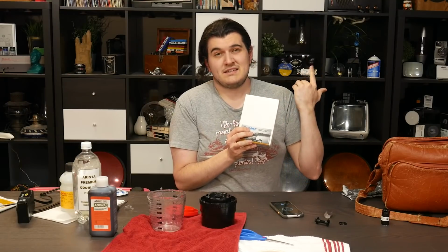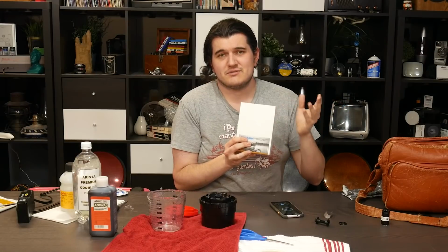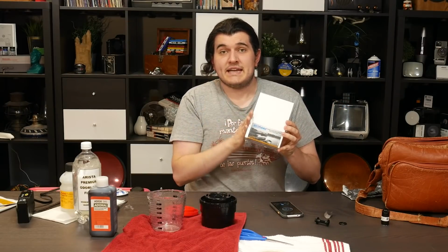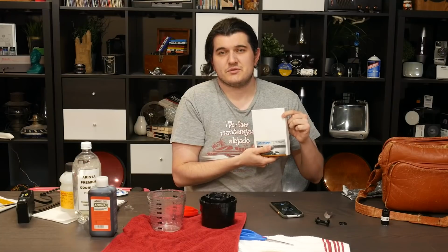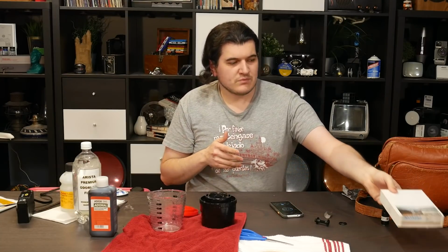The enlarger is basically a slide projector. It's just smaller, and you project that image onto the paper. So you get a negative of a negative. Then you develop the paper, and you get a positive print. This is what you see in movies in the darkroom, and that's part of the reason why I want to